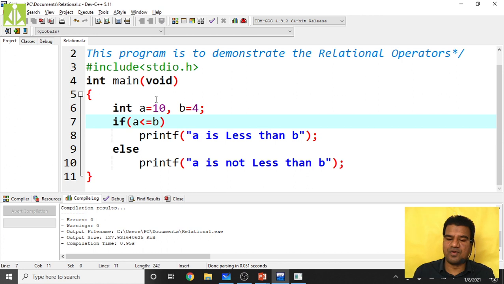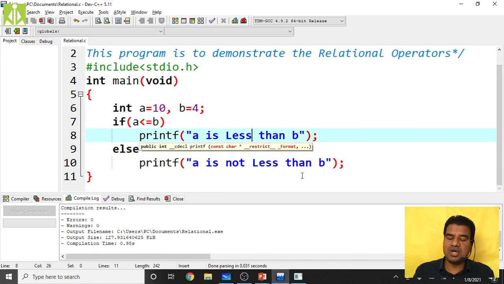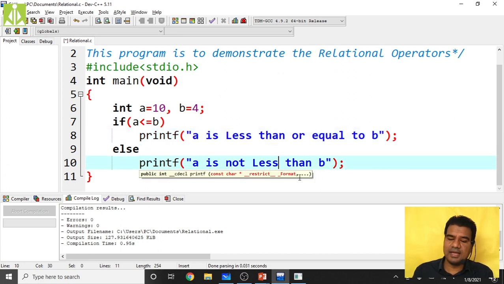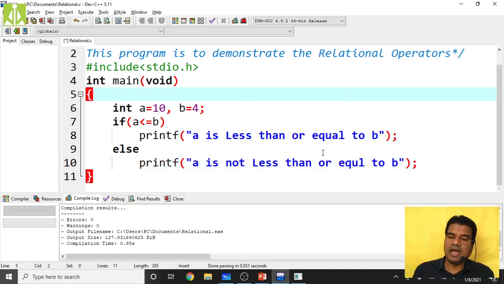Same thing, it is also false, isn't it? A is less than or equal to B, and A is not less than or equal to B.